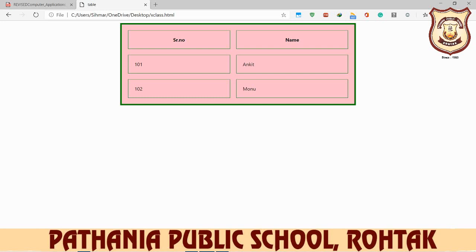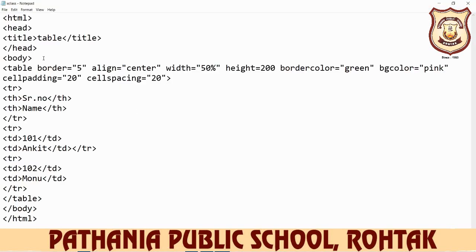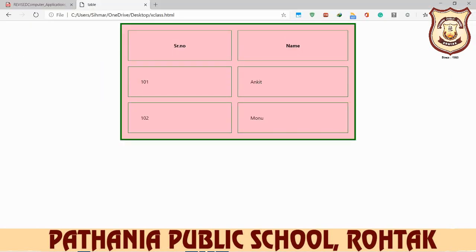If you want to give the distance between the content and the edges, then you write cellpadding. If you want to give space between cells, then you use cellspacing. Let's take more here. For example, we set cellpadding 40. So again save it, open your browser and again refresh here, so you can see the distance between the content and the cell edges, cell lines.